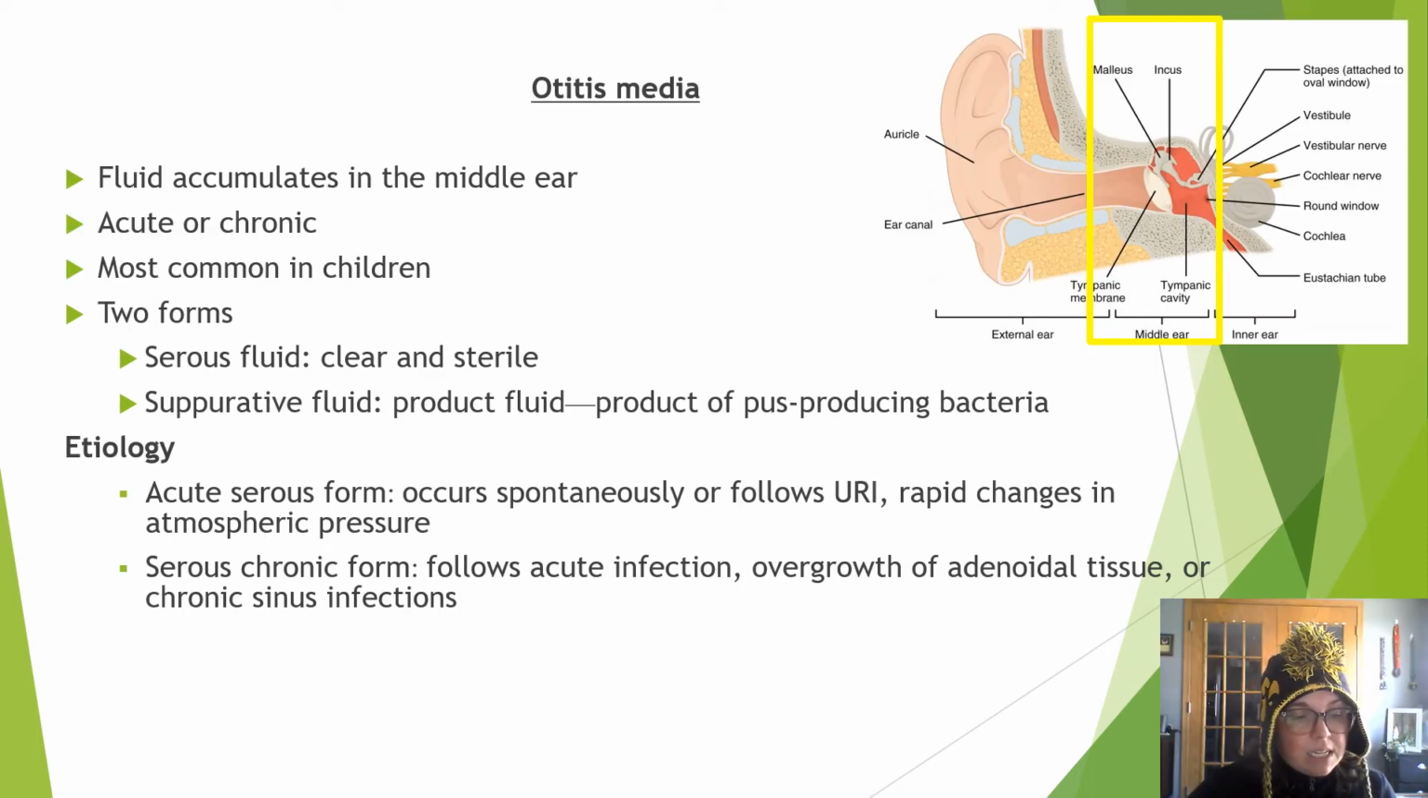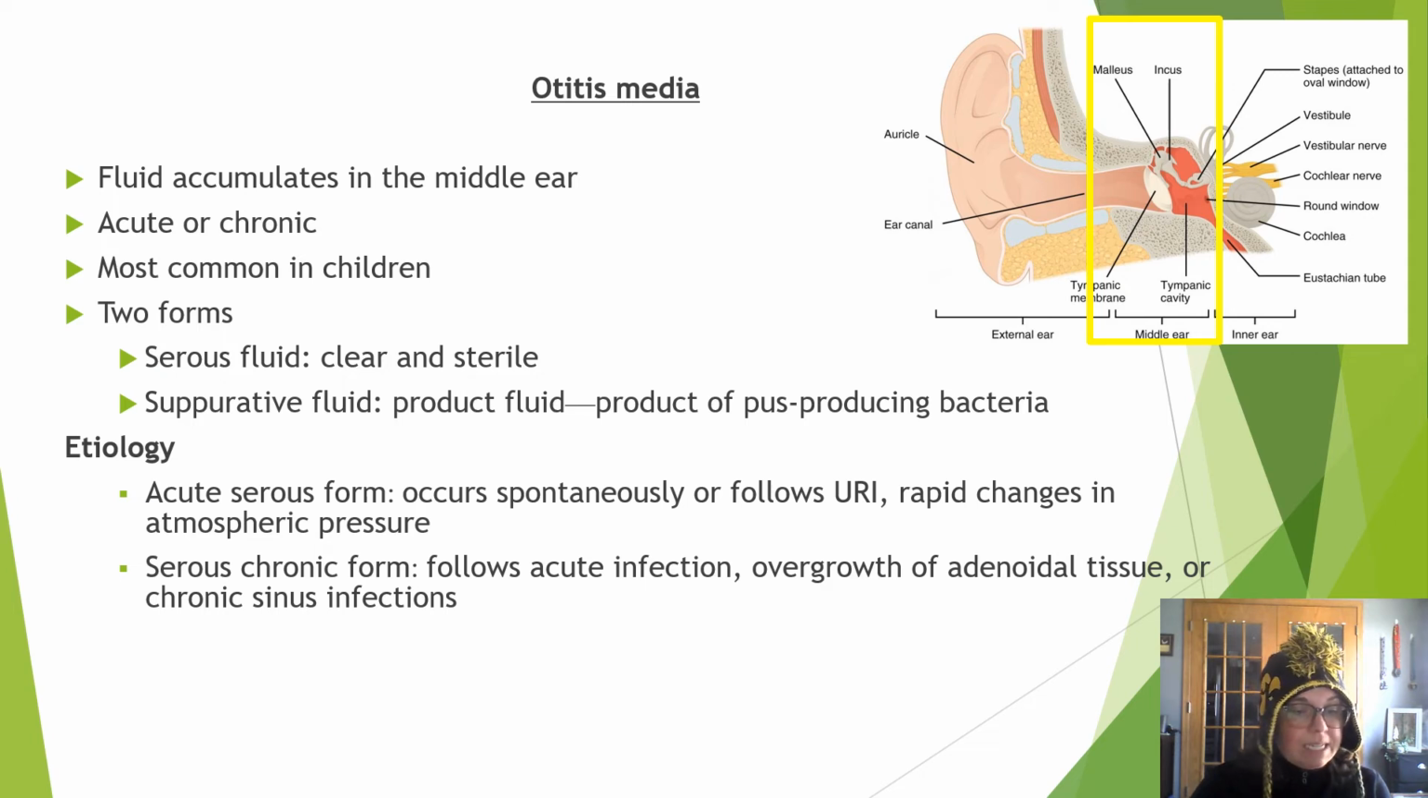Otitis media is when fluid accumulates in the middle ear. It can be acute or chronic and happens very often in children. There are two forms again. A clear sterile fluid, which would be serous, and then there's the suppurative fluid, which is what is produced from a pus-producing bacteria. Otitis media, when acute serous,